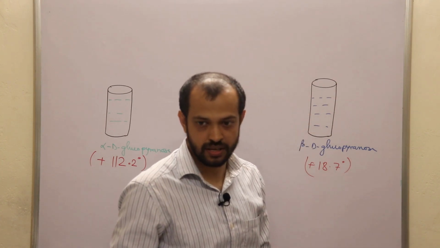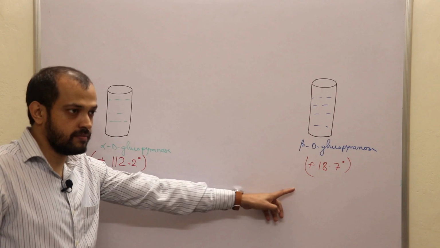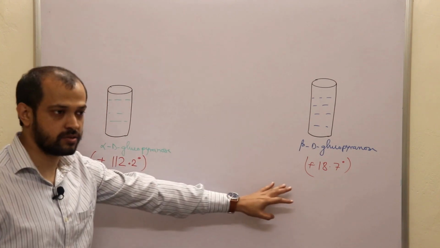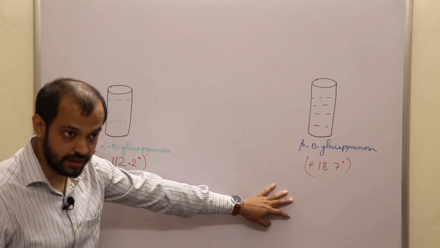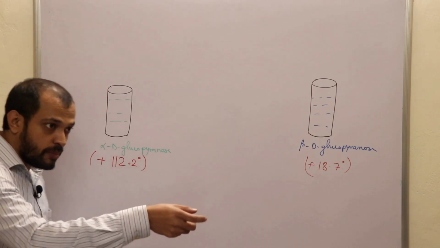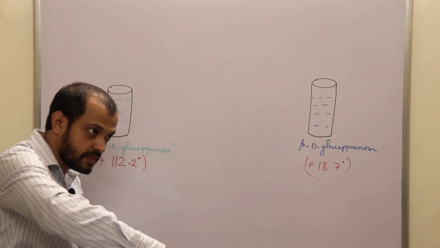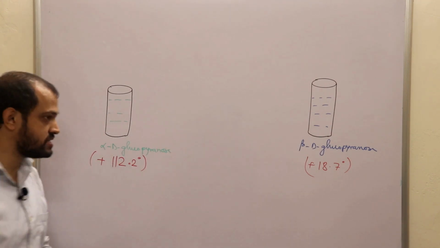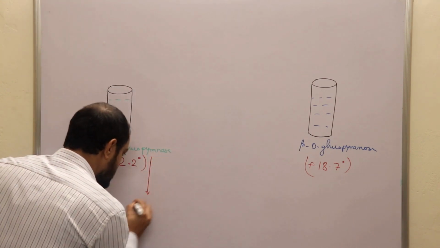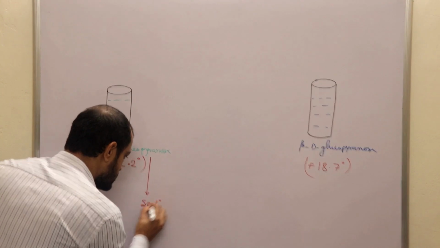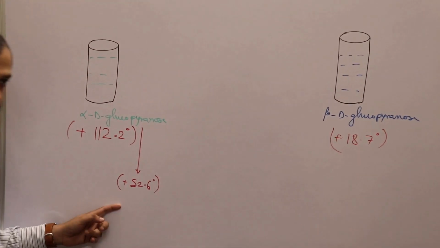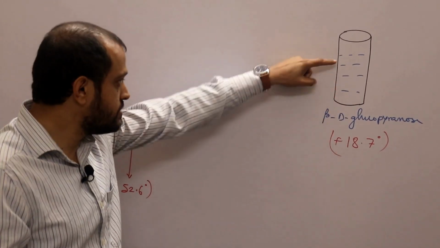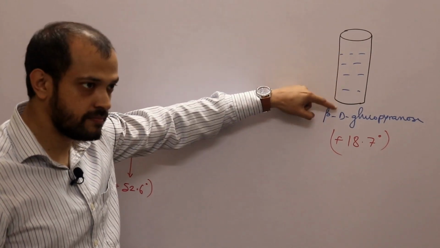Now listen with all your attention. If you are thinking these angles won't change, if you think these angles are actually constant, then you are wrong. Why? Because whenever alpha D-glucopyranose is dissolved in water, it decreases its angle of rotation to 52.6 degrees positive. Okay? But now listen, if you take beta